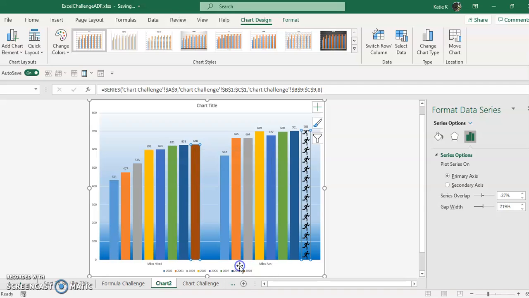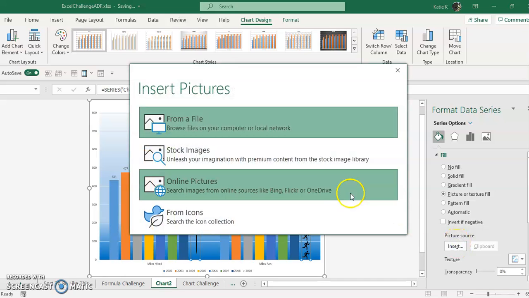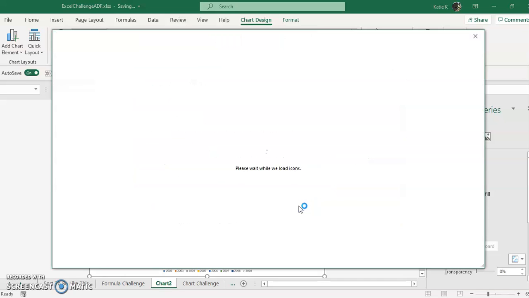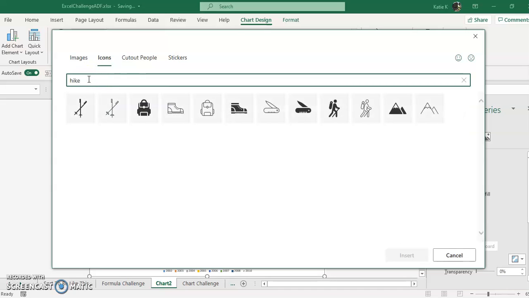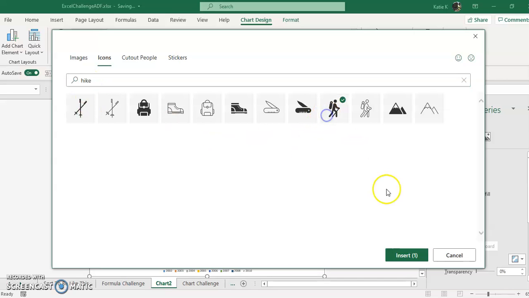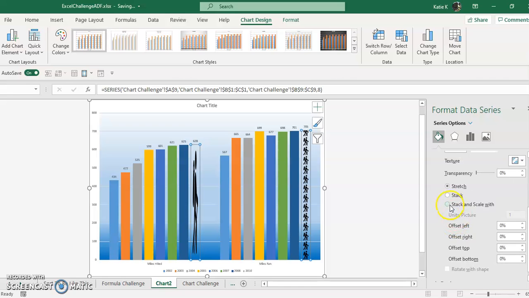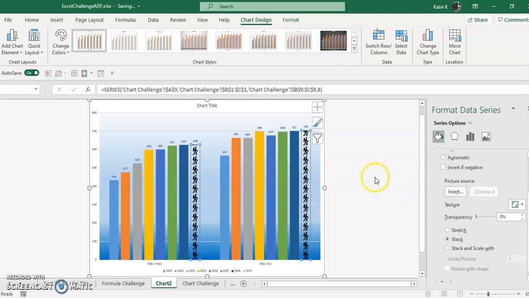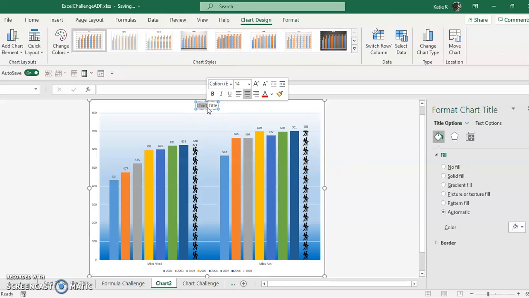Then again, the format data series in the paint bucket. And I want a picture, insert, I'll go for icons and see if I can find hike. And if not, I'll find walk. Oh yeah, here's a hiker, perfect. And again, I want to stack that instead of stretch it out. So there's my chart all ready to go, and I can put in a different title if I want,